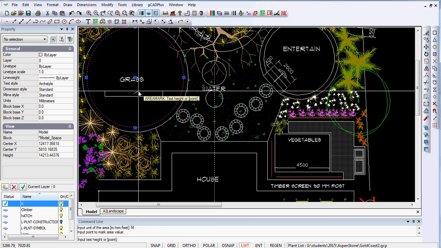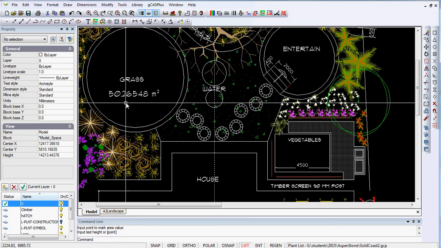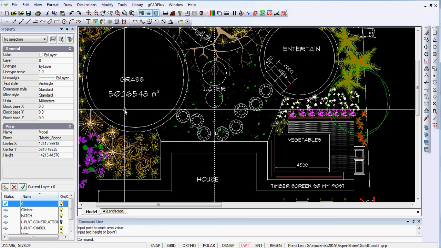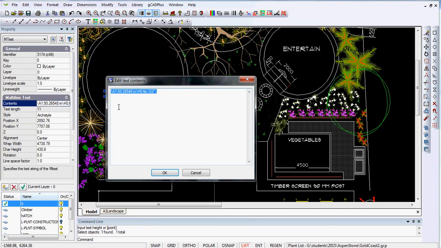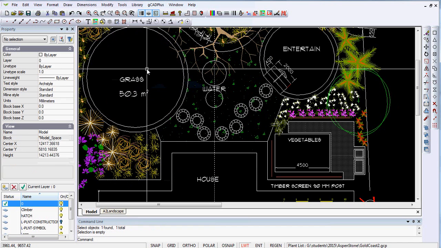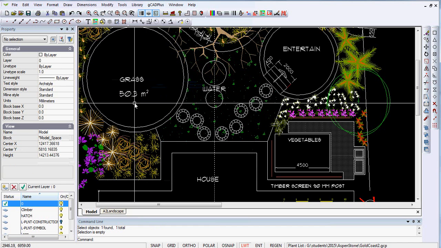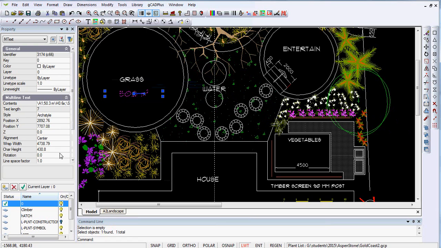Now if we pull away, that gives us the height. So you can see it's calculated for us the area of that circle. I need to click into it. It's an MText entity, and I need to just round off to 50.3 and OK. So now we have 50.3 metres squared for that area. You might want to change the height back to 250 to match the majority of the other text height in